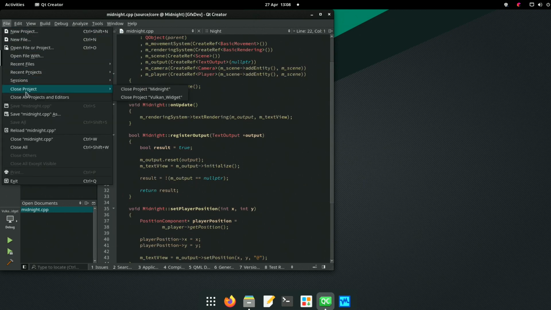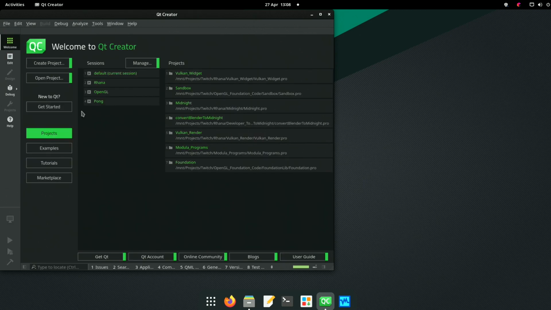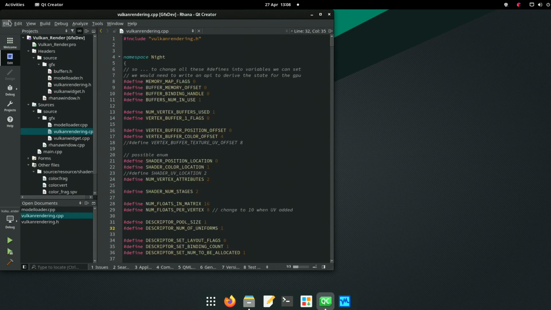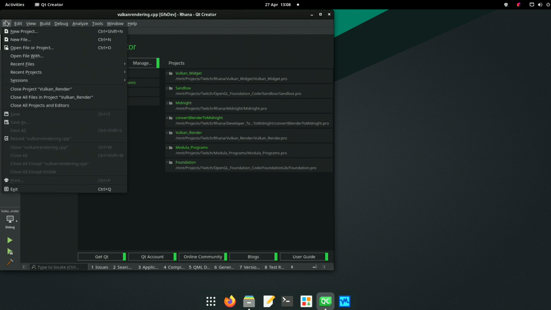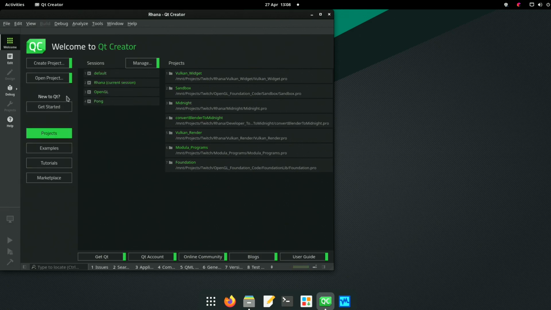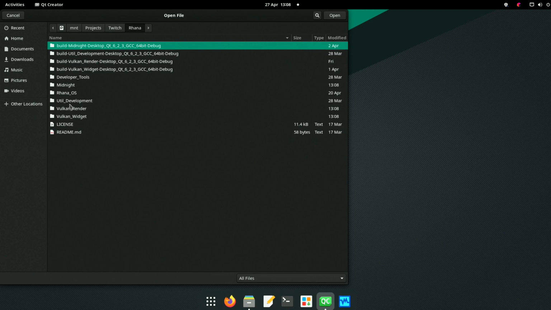Just close all, please. Util development isn't here. Alright, let's put ourselves into Rana and close everything off. That's all to do with Vulkan rendering. Alright. Let's close that down as well. Let's open util development. Not developer tools, because I was developing something else there.